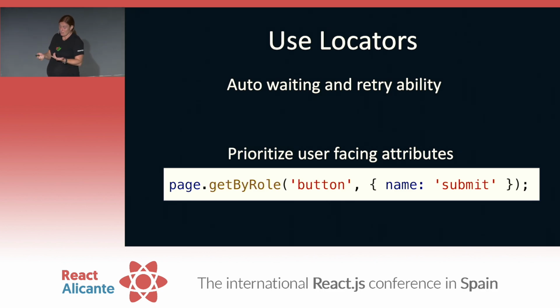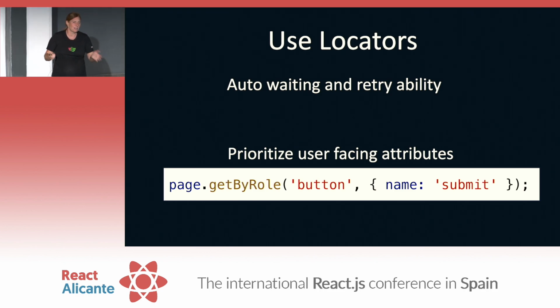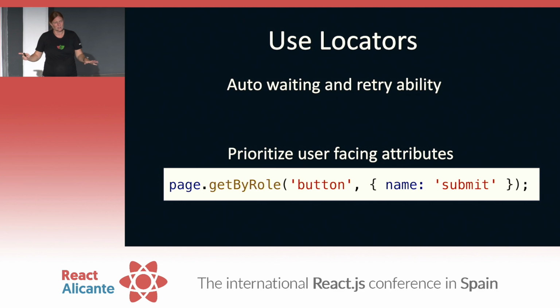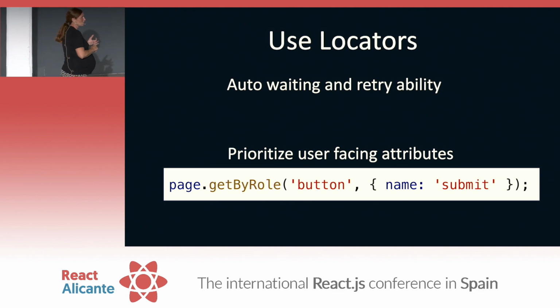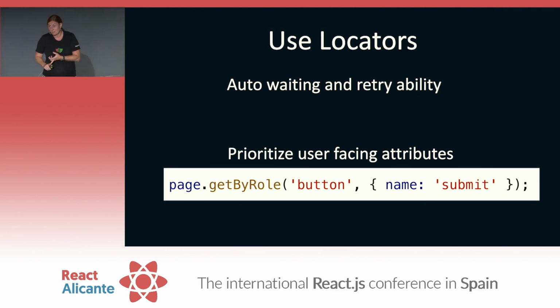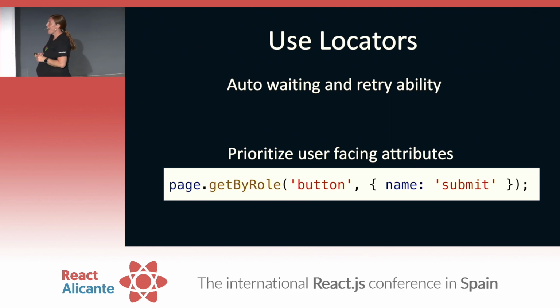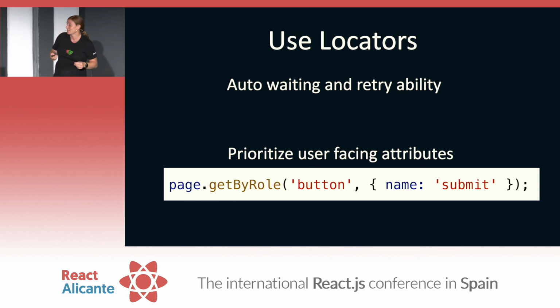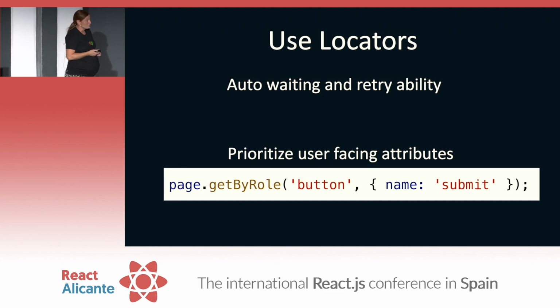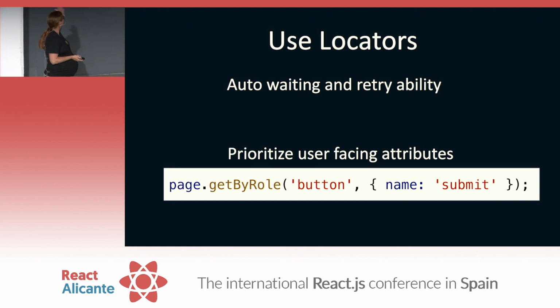But yeah, you can also obviously use CSS and XPath. It's horrible. Don't do it unless you really, really have to. The DOM will change, your CSS will change, and then you've got to change your tests, right? So you don't want to do that, but sometimes you might have to use CSS because you don't have access to the code and the developer did a terrible job. You know, it's fine. And you can also use test IDs if you want to, so that's totally fine as well. So everything is possible, but prioritize user-facing attributes.